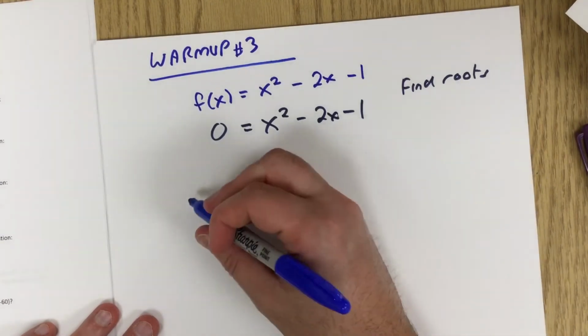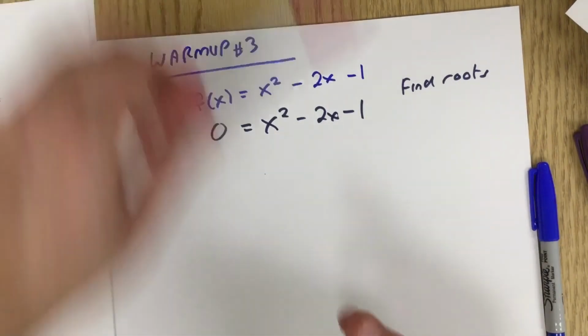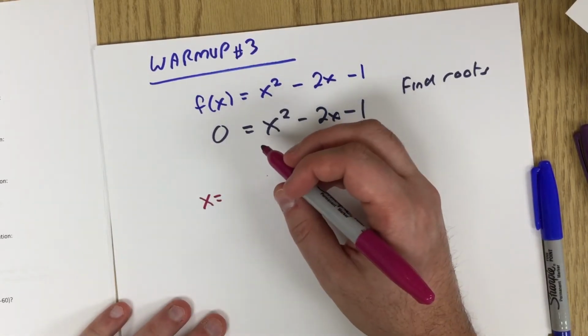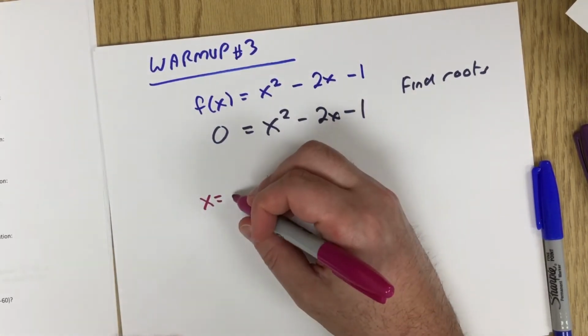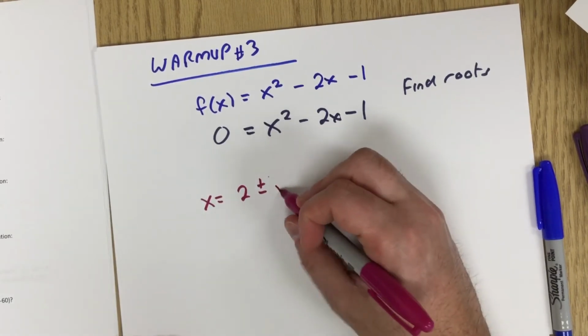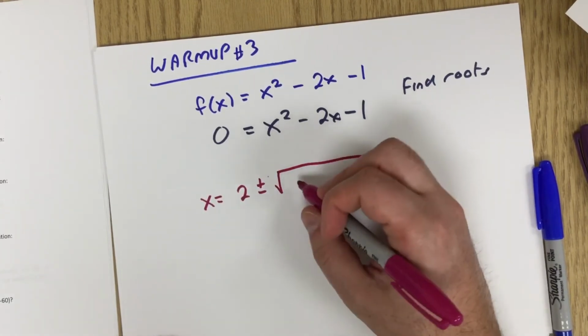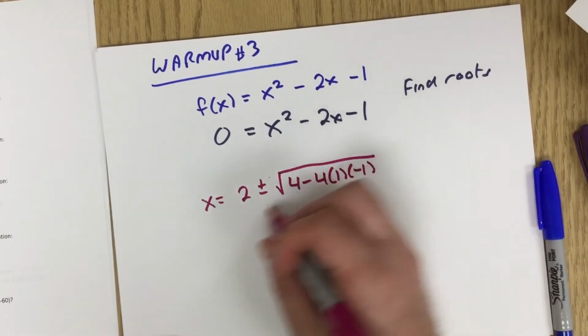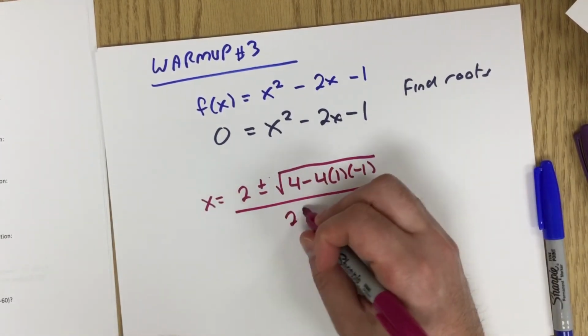And we're going to get x equals 2 plus or minus the square root of b squared, which is going to be 4, minus 4 times 1 times negative 1, all over 2 times 1,